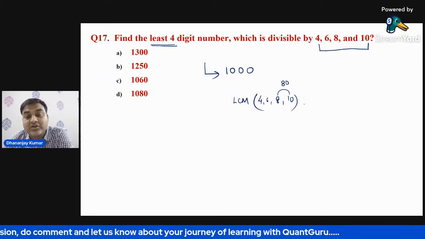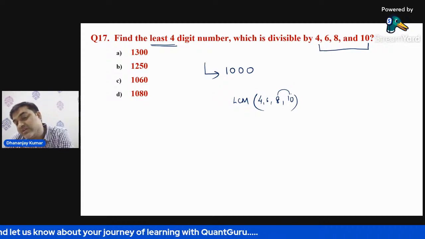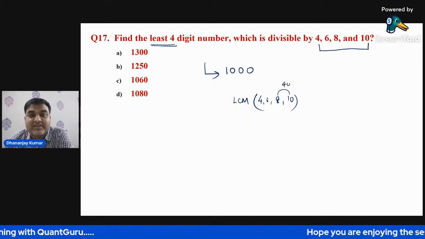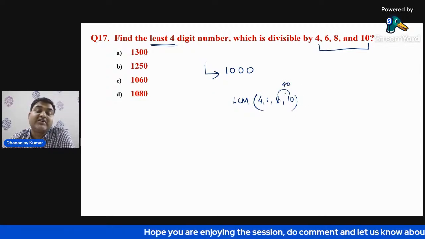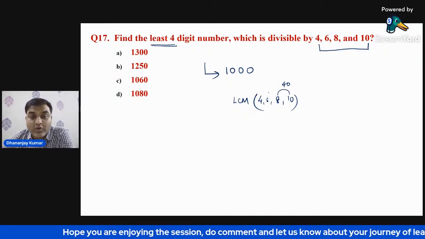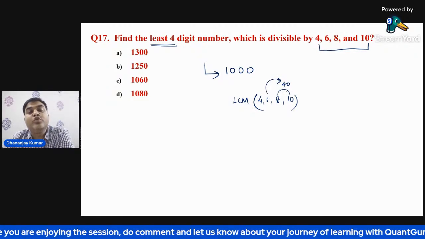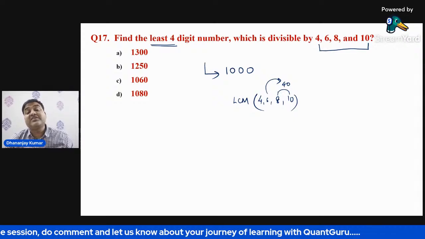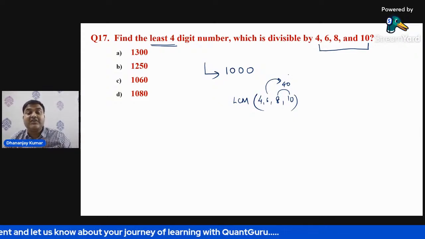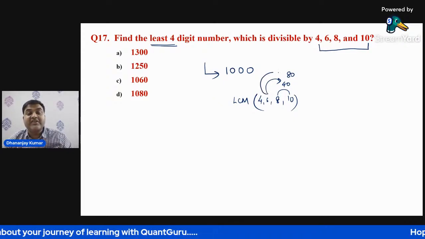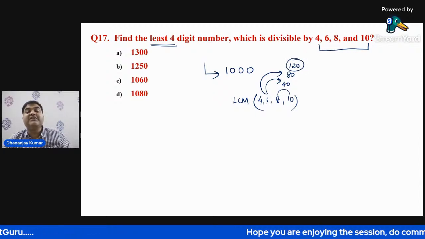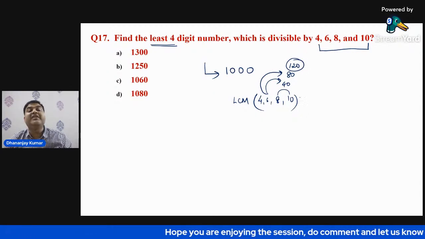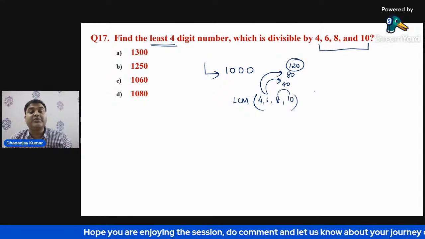Why? Because what else can be there? 40 can be there, right? 40 can be the LCM. Why? Because 10 into 2 is 20, 20 also cannot be there. 30, 40, 8 fives are 40, right. Okay, now 6, can it divide? No, it cannot. 6 6s are 36. Now something is left out. Let's go for 80. 6 into 80 also it cannot divide. Let's go for 120. Yes, 120 can be the LCM of this and this as well. So 120 is going to be the LCM of